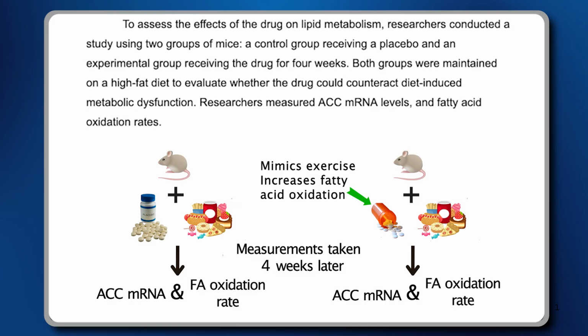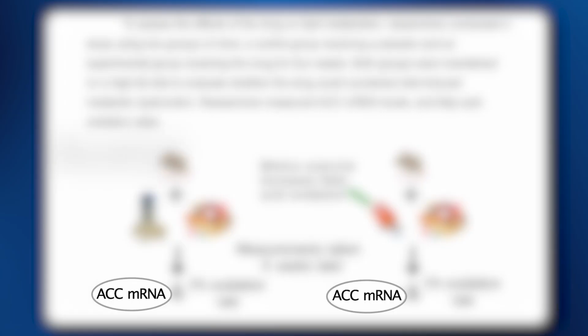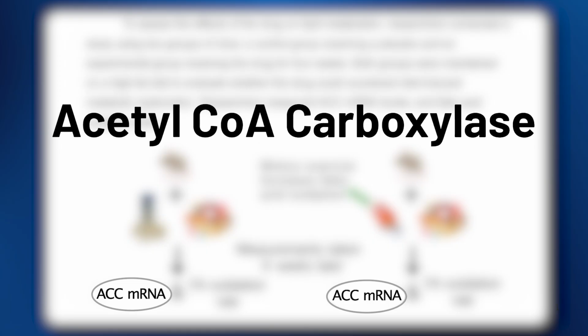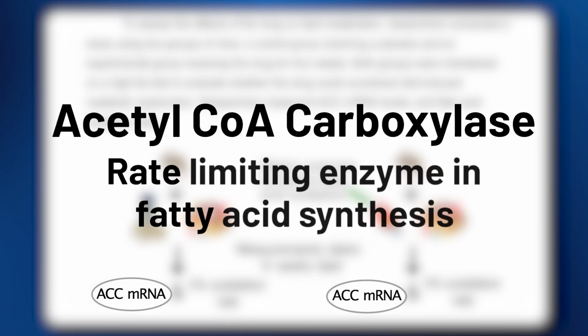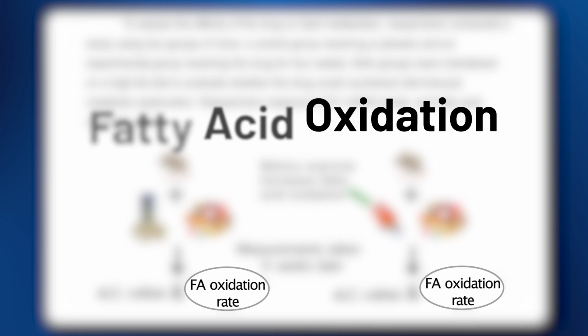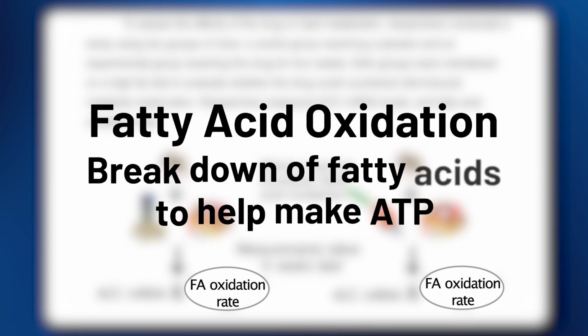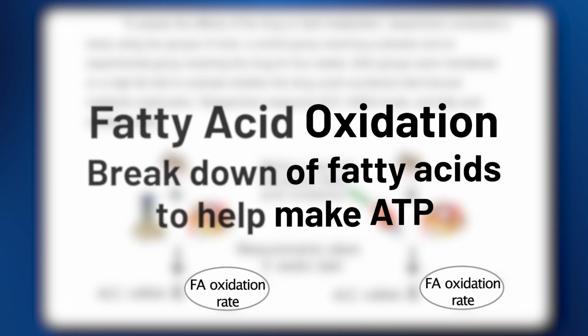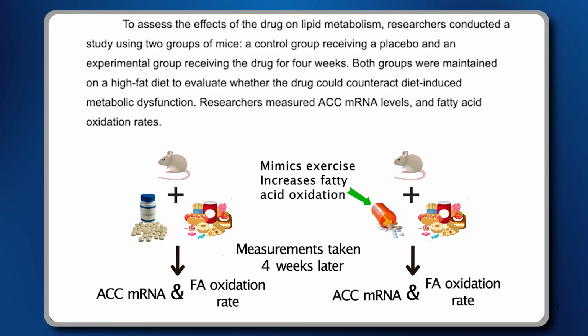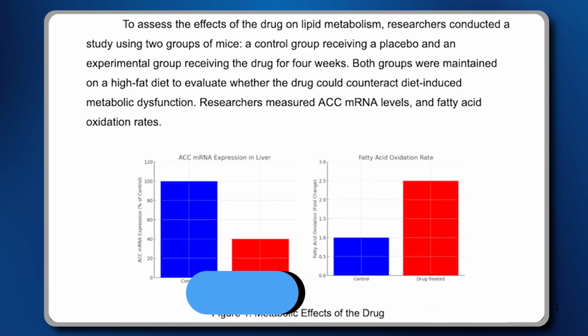Using some background knowledge, we know that ACC is acetyl coenzyme A carboxylase, and that's the rate-limiting enzyme in fatty acid synthesis. Fatty acid oxidation is something we've already talked about, and that's the breakdown of fatty acids to help make ATP. Now we have a solid understanding of the experimental design, and we can look at how the results